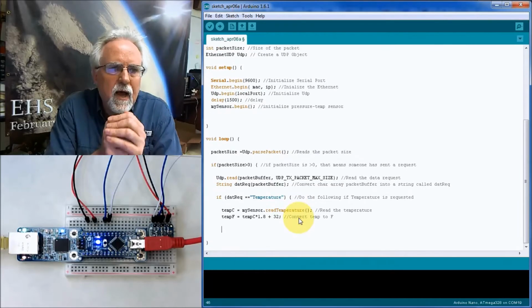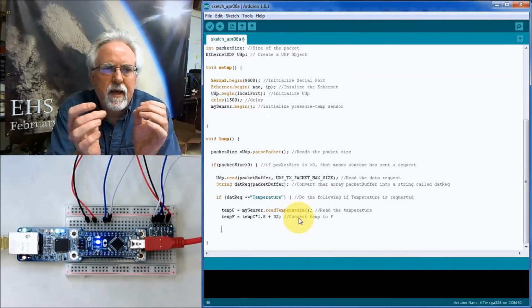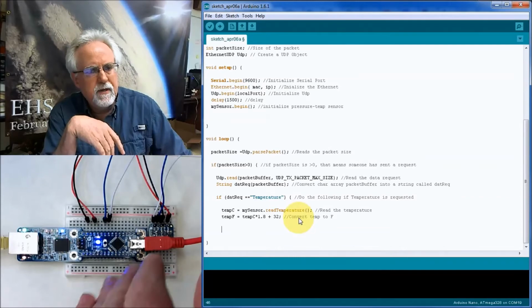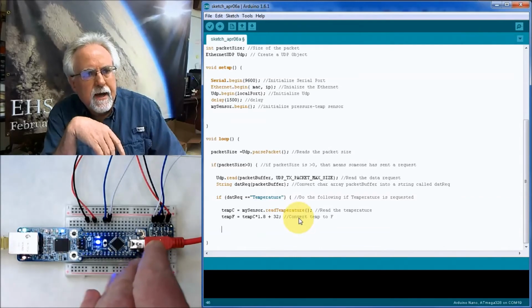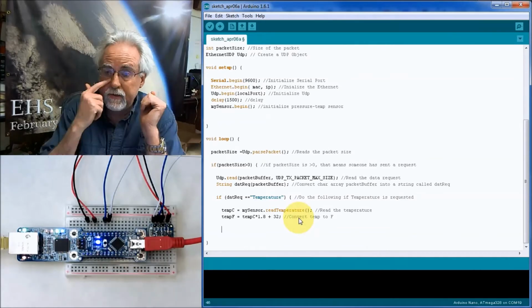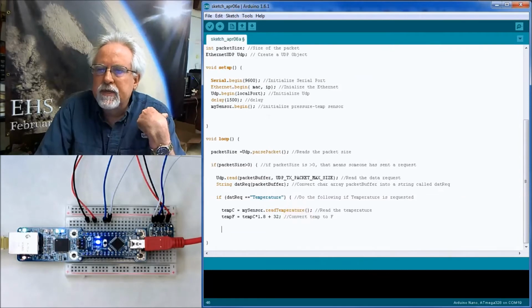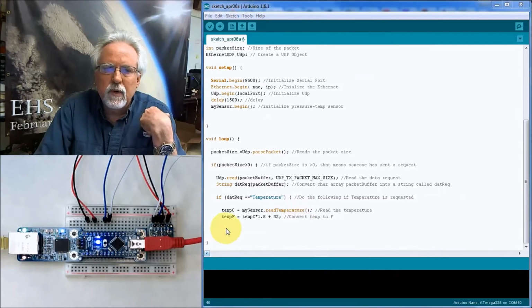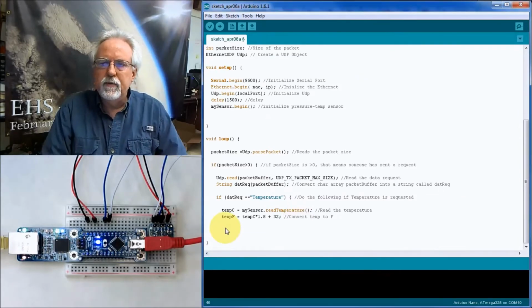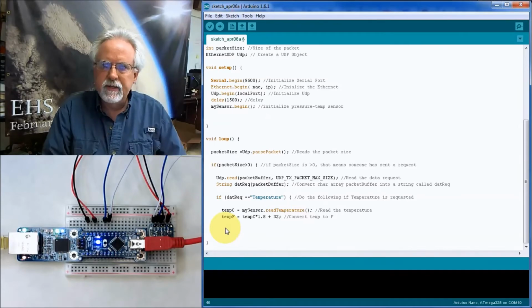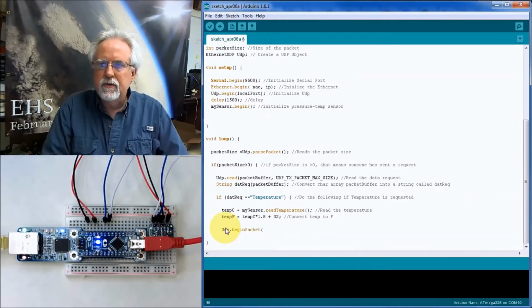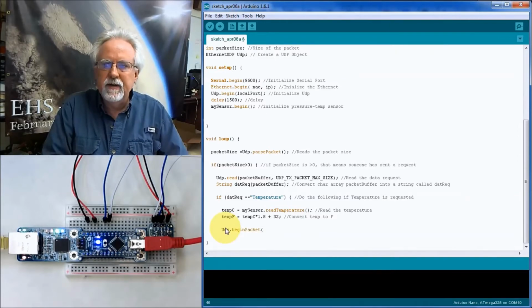All right, now I've made the measurement. I have the Fahrenheit temperature in the Arduino, which is the server. Now I need to send that data back to the client. So how are we going to send that data back to the client? Well, first thing we have to do is tell it I'm fixing to send a packet. So I go udp.begin packet, and then I have to give it two parameters. The first thing I have to tell it is the